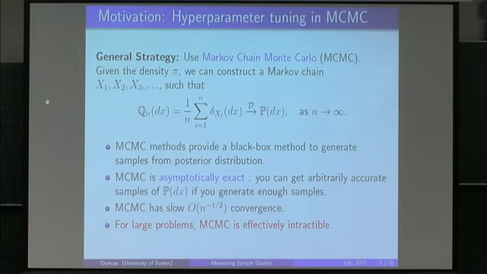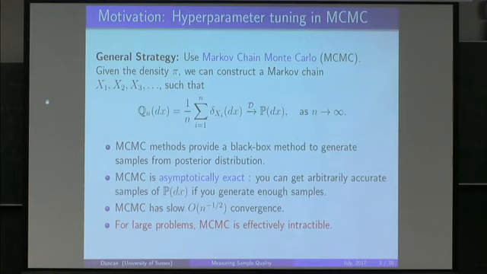The idea is that suppose we have a density pi, which would be in this case the density of our posterior, then there are various ways to construct a Markov chain, which will give values x1, x2, x3, etc., such that if we were to look at the empirical distribution generated by the samples, then that will converge weakly to our target distribution P, which has density pi. And so for many nice posterior distributions, for many nice densities pi, MCMC practically provides a black box method to